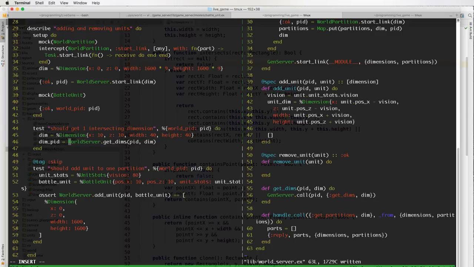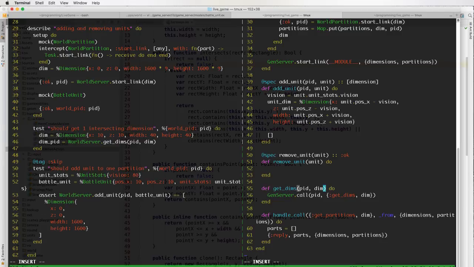The nice thing about the dimensions is that there's a couple of things we can do. So we can get the dimension exactly as we want it, so do a direct pattern match, and then we can get